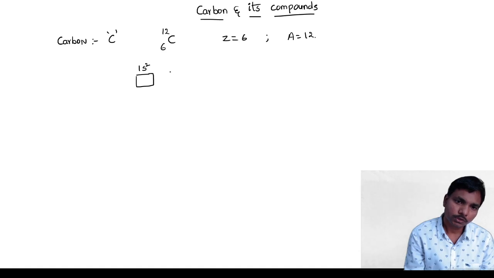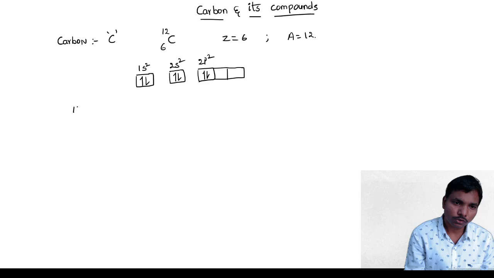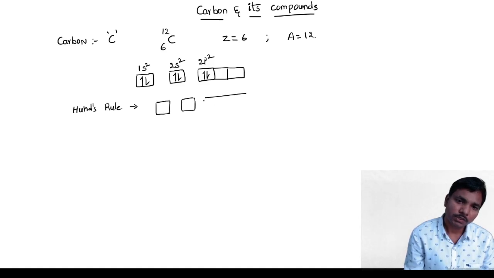1s2, 2s2, 2p2. Okay, 2p2. So that means the configuration is like this. But according to Hund's rule, what is this Hund's rule? Half occupation. That is, electrons try to occupy half in all the orbitals. So from that rule, we can say here